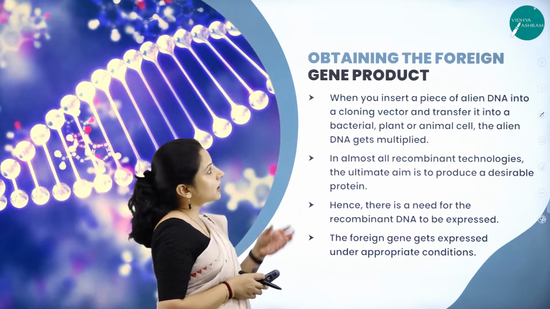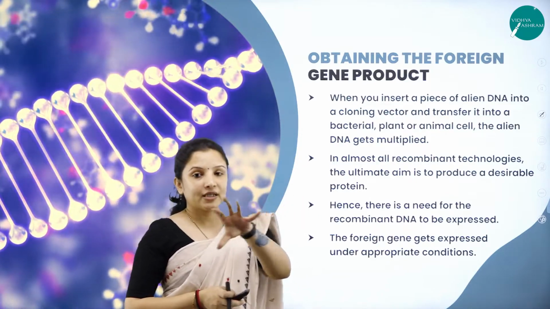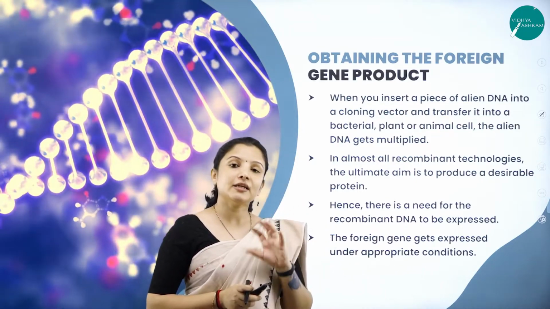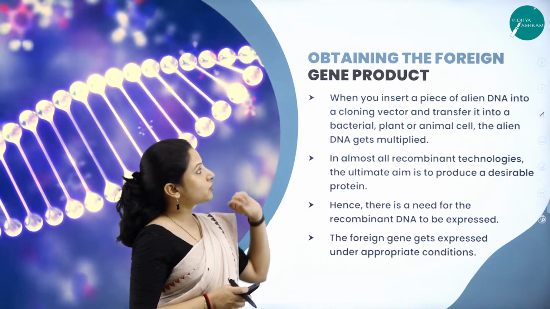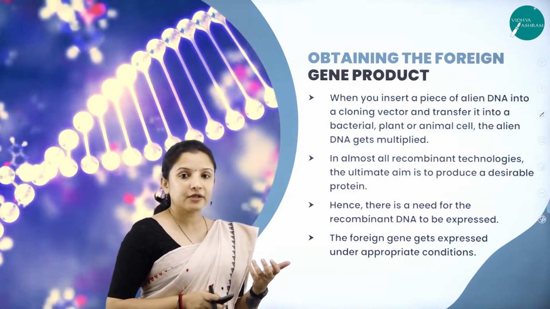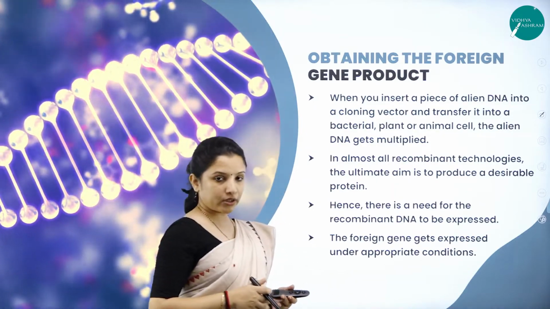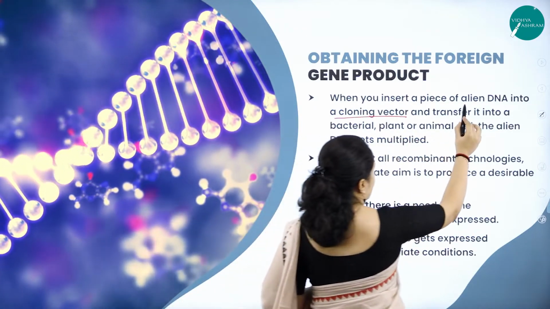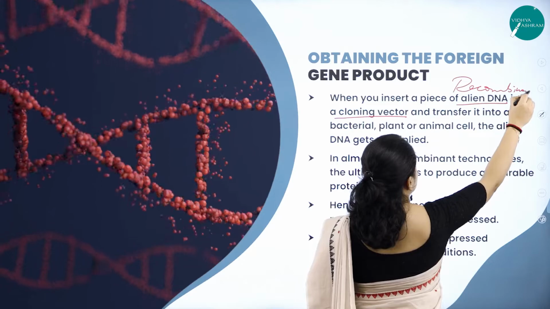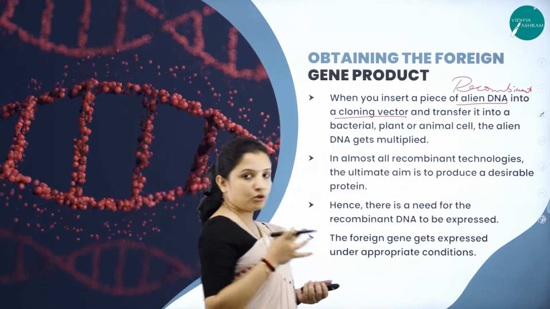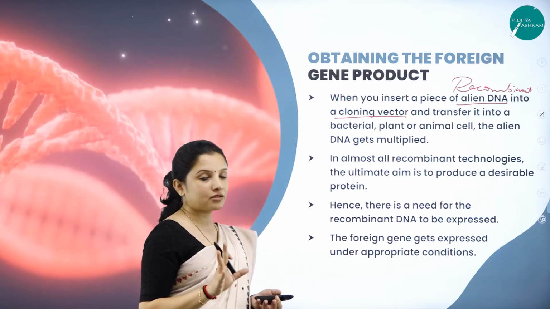After that, we need to obtain the foreign gene product. Now we have multiple copies of the vectors, that is the E. coli. So how do we obtain the foreign gene product? Let's look into it. When you insert a piece of alien DNA, the recombinant DNA that we have inserted, into a cloning vector, here the E. coli bacteria being used as a cloning vector,